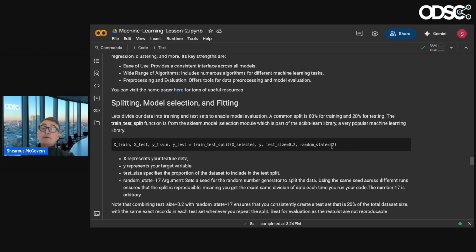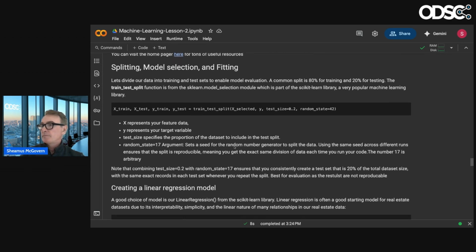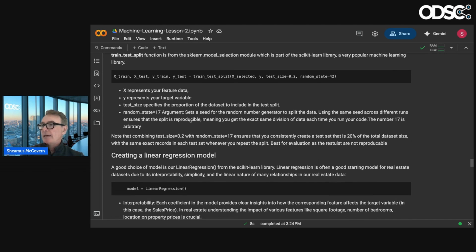What that means is when you rerun the model again, if everything else remains the same, you should get the same outputs. If you don't set this, you get a different result every time. Why is that important? Because if you're trying to hold some things steady and measure other outcomes, this is important. It doesn't mean it'll never change, because if I change the test size to 3, of course the output will change. But all else being equal, using the same random state, you should more or less get the same model. So it makes the model reproducible.